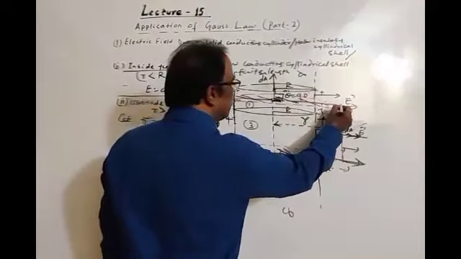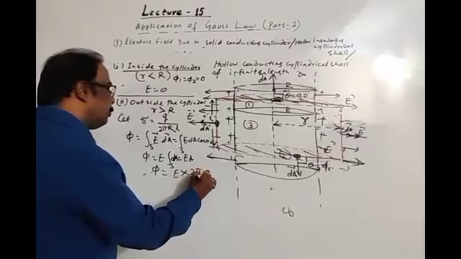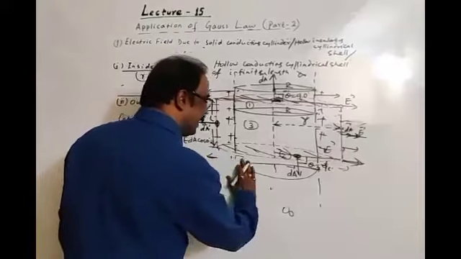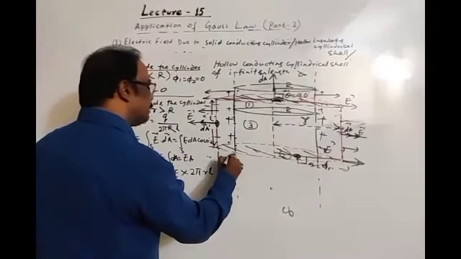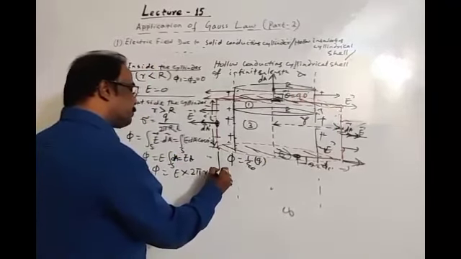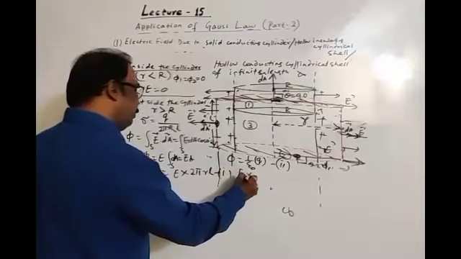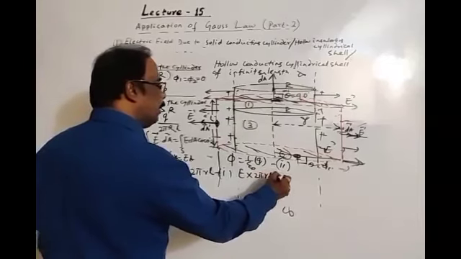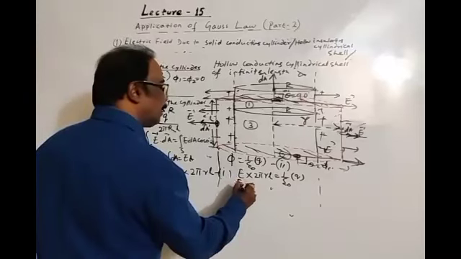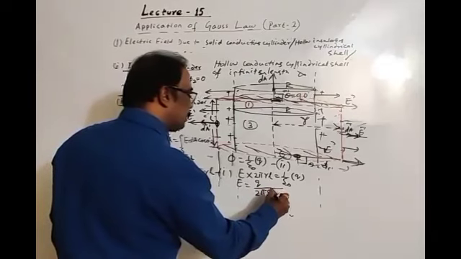See, for the Gaussian surface, the radius is smaller, length is L, then the surface area is 2 pi RL. This is flux. Okay. According to Gauss, flux is 1 by epsilon naught times the charge enclosed. Then this is equation 1, this is equation 2. Now equating equations 1 and 2, E into 2 pi RL is equal to 1 by epsilon naught times the charge enclosed, and finally the electric field will be Q by 2 pi epsilon naught RL.